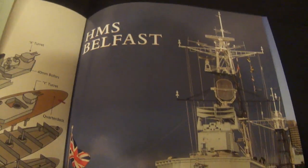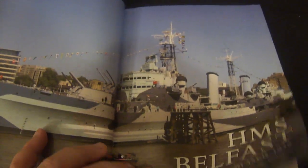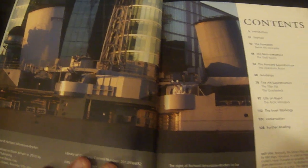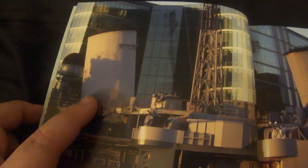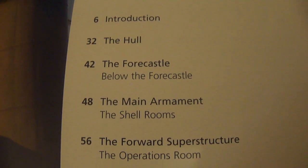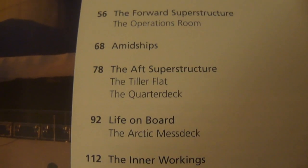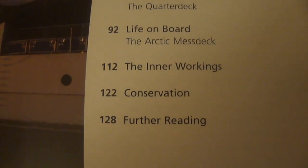So, what is this book even about? Well, it's a detailed, somewhat summary of the history of the HMS Belfast, with a detailed pictorial tour of the ship. You can see, I did not know that, but they're different. And here's the contents: introduction, the hull, the forecastle, the main armament, the forward superstructure, midships, the aft superstructure, life on board, inner workings, conservation, and further reading. Basically, it takes you into,